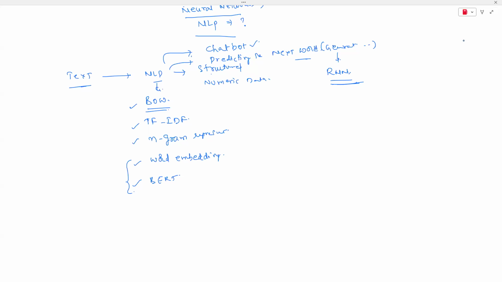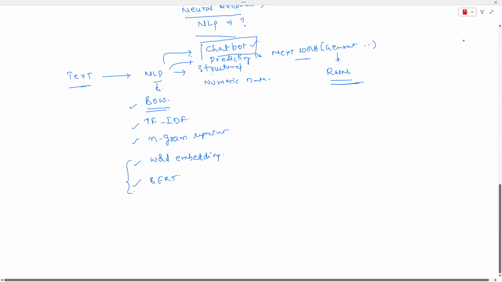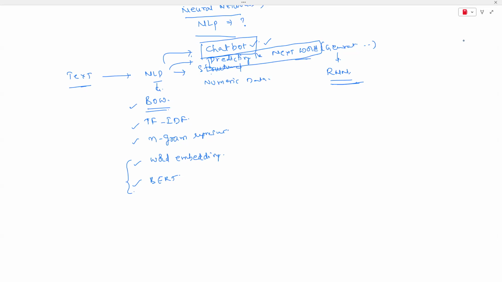Related to NLP, my main implementation as part of our training program is how to develop a chatbot application and predicting the next word. Using the next word prediction, I'll make the system generate some text. I'll train the system with the help of articles written on pizza. Once I ask the machine to generate some text, automatically it will write an article based on pizza. It itself is going to write those articles. That is one example of what I'm going to do.